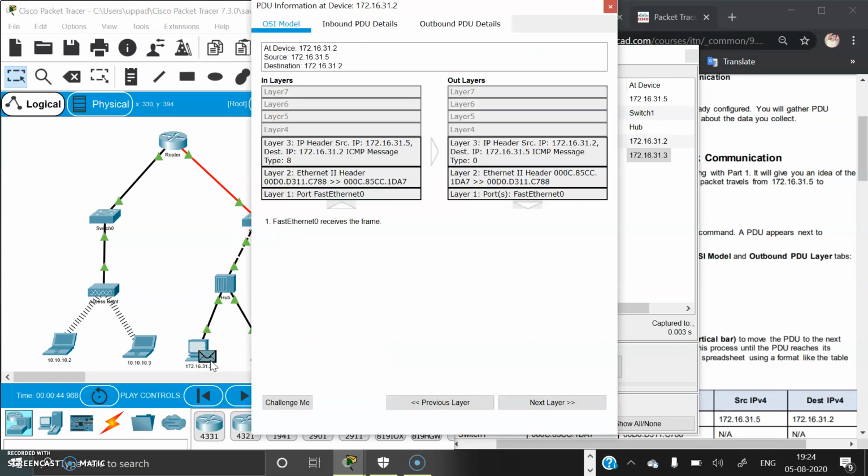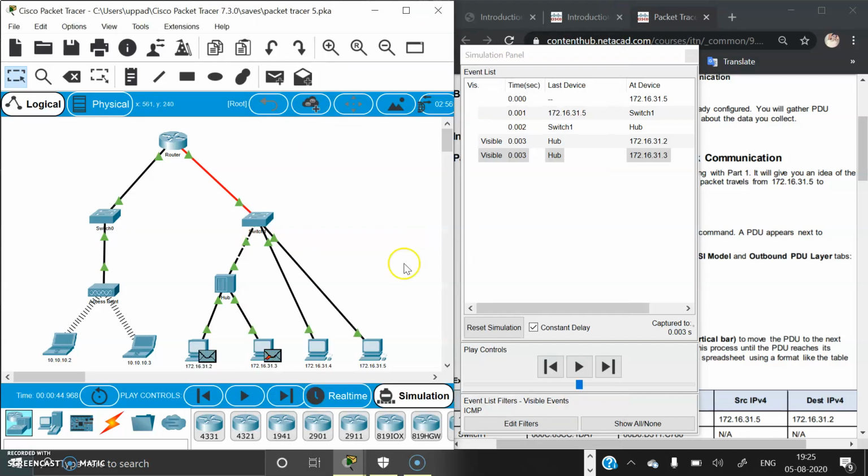When we click on this PDU, the packet's destination IP address matches the broadcast address or device IP address, so it de-encapsulates the packet. That packet is an ICMP packet, and it processes it, receives an echo request message, and gives an echo reply. The destination IP address is in the same subnet, so the device sets the next hop to the destination. All the process will be given here, as I said before.